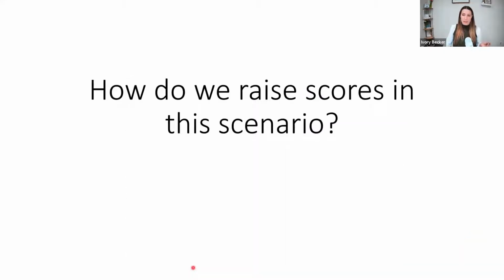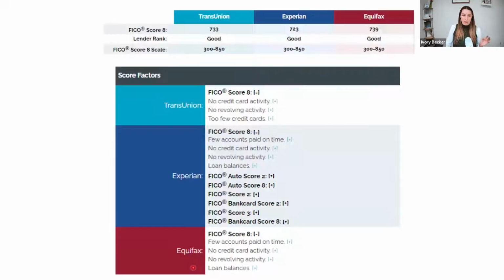So let's look at a scenario. I'm going to start off with an easy one. We have solid credit scores here, but this client in this scenario wanted to qualify at a 740. They wanted a higher credit score when going in to apply for the mortgage. This is a screenshot of what I see on my credit report side. It's going to look a little bit different than what you have on the lender side because I have all these different versions of FICO that I can look at. But in this scenario,